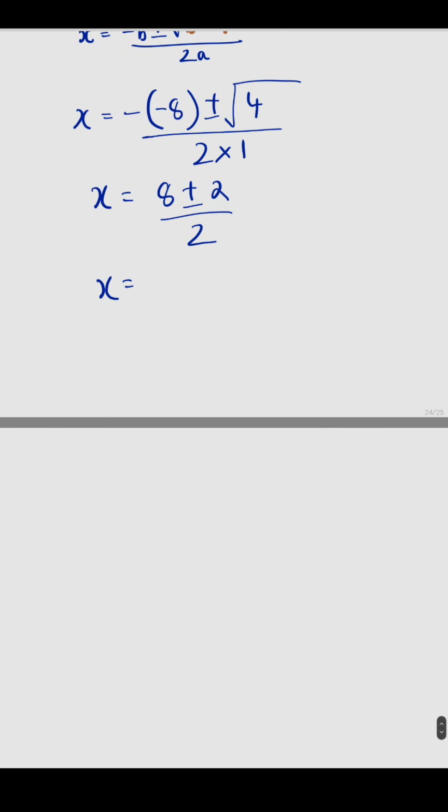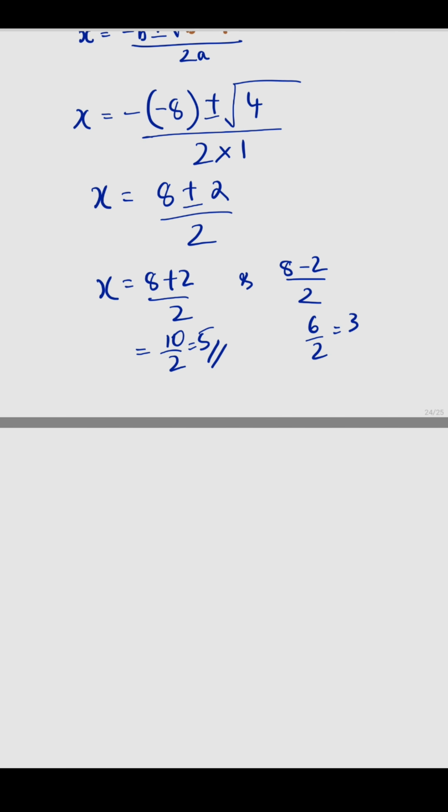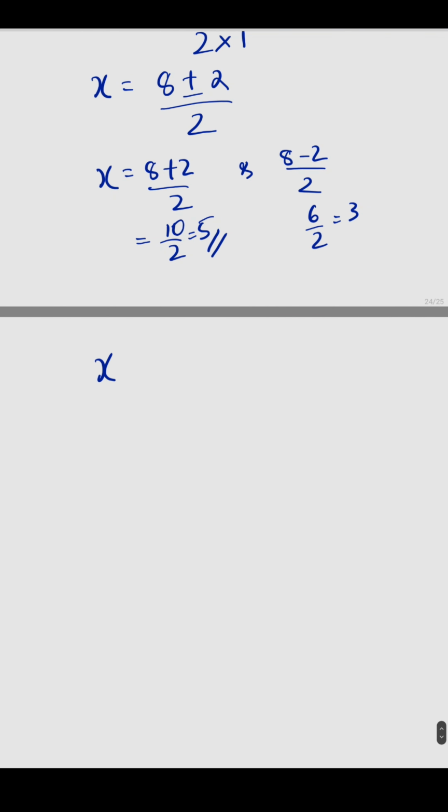So what are the two values? 8 plus 2 by 2 and 8 minus 2 by 2. 8 plus 2, 10 by 2 is 5. One value, and 8 minus 2, 6 by 2 is 3. So x is equal to 3 and 5